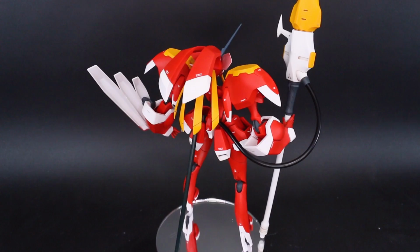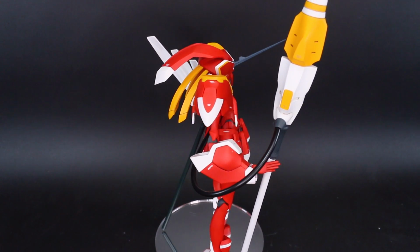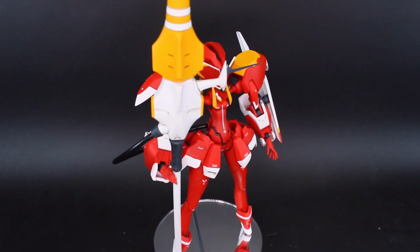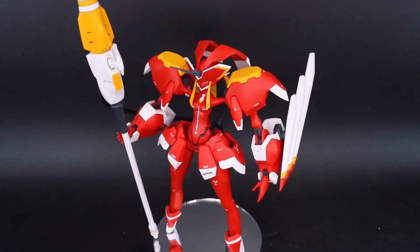It came out pretty good. Of course, before all of that, there was some seam line removal that had to be done on some of the parts. That was pretty simple enough, so it really didn't take all that long to get this prepped, ready for painting. And then during the painting process, there was some masking that needed to be done, most notably on